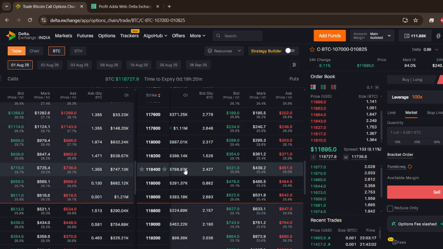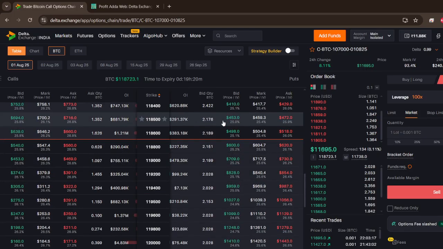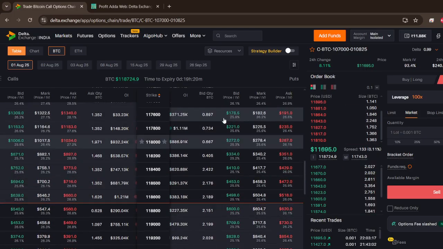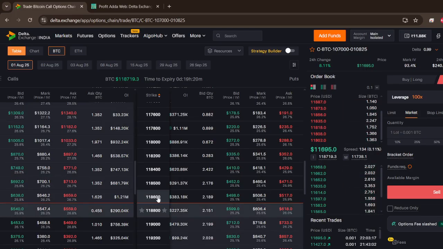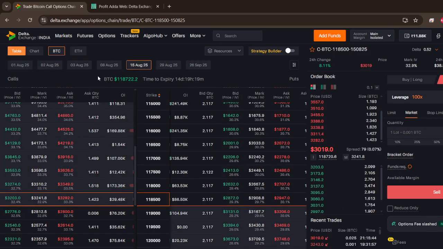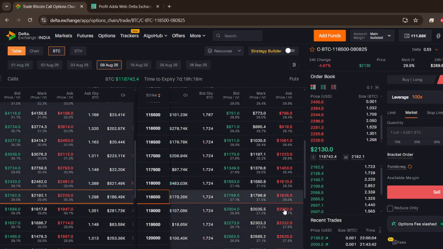Now, whether you go for option buying or option selling, you can choose according to that. The main point is I need to get the spot price, then I have to get the strike price. There will be functions which I'm going to show you. Day-to-day levels will definitely change. If you go with weekly levels, if I choose a far expiry, say 8 August, especially the Friday one,